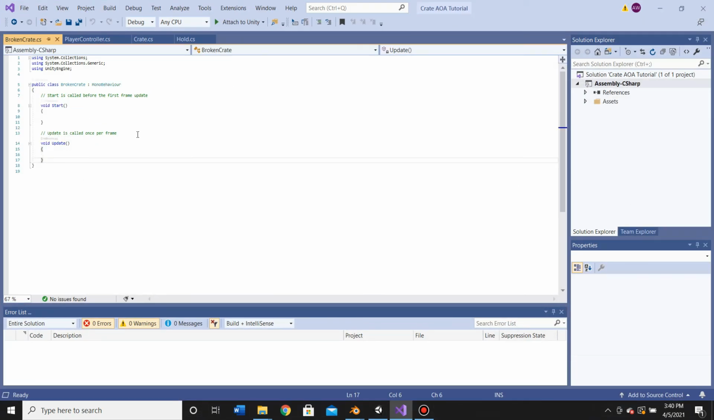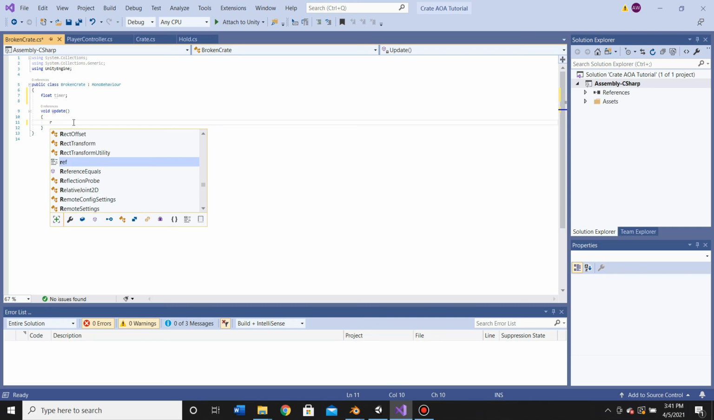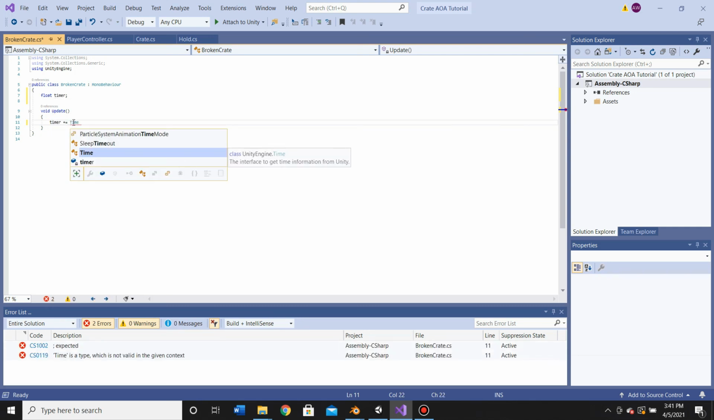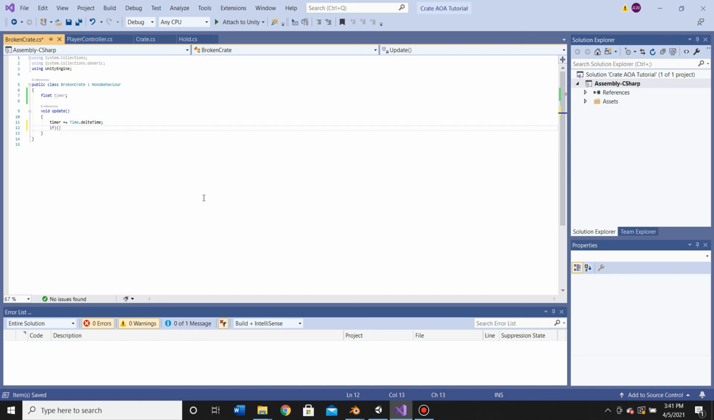So, what I'm going to have is on update, I'm basically going to create a timer. Actually, what I'm going to do is up here, I'm going to create a float called timer. And then on update, I'm going to set timer plus equal Time.deltaTime. Basically meaning that the timer float will go up by 1 each second. I then want to check to see if the timer